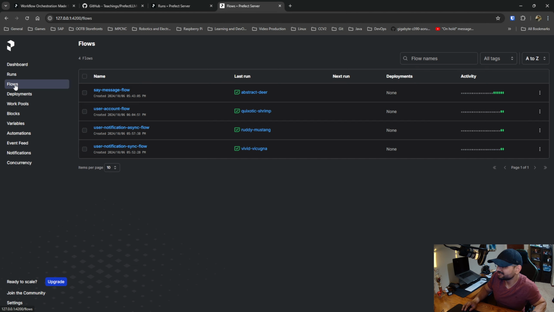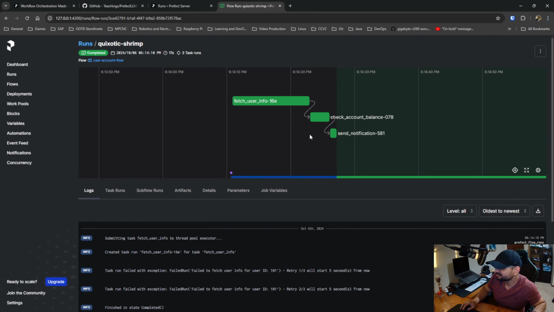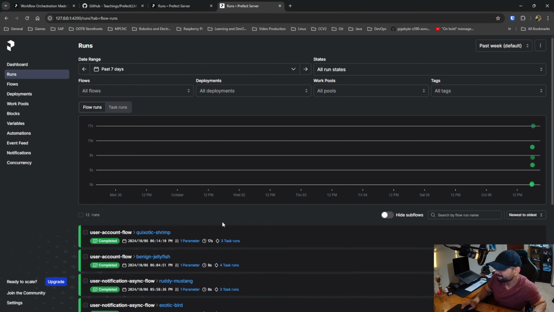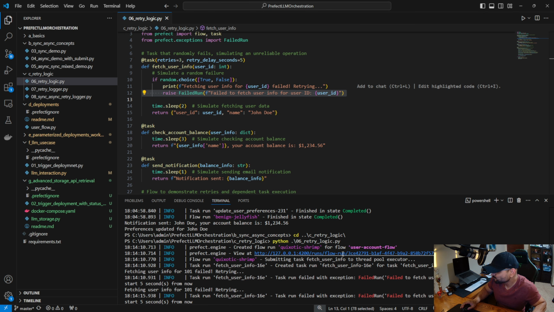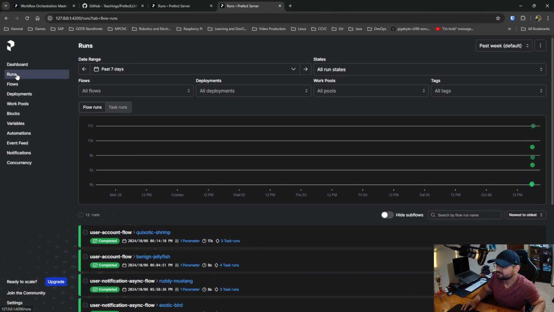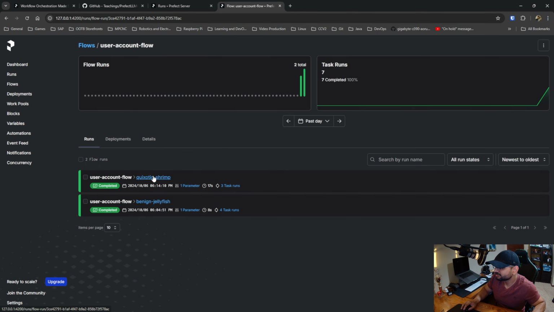We'll go to the flows, and we will go to the user account flow again. And this is the latest flow, 17 seconds it took. And it's, oh no, this is not it. Let me reload it. Is this the right flow? Let me take a look. User account flow and Quick's toxic shrimp. This is the flow. Okay. So let's find that flow. User account flow, Quick's toxic shrimp,